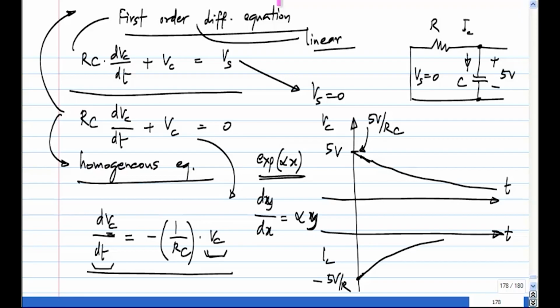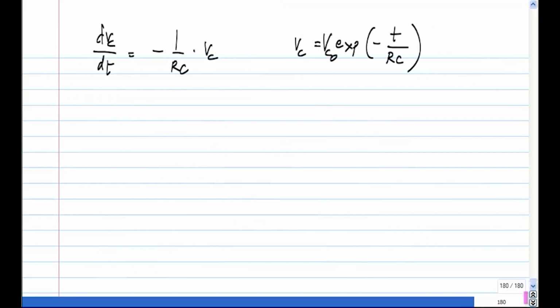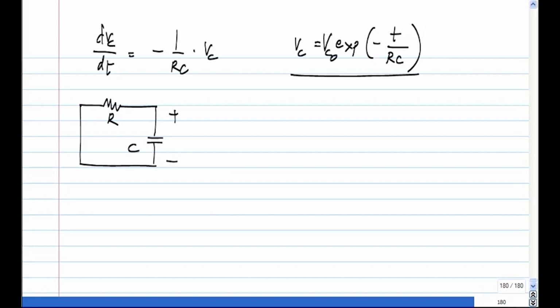So this also means that because it's a linear differential equation, if you have a particular solution Vc of t, then some k times Vc of t is also a solution, right? Because all of these terms will get multiplied by the same k. Okay. So Vc will be of the form Vc naught exponential of minus t by Rc, and so if I take my example of Rc with an initial voltage of 5 volts, okay,